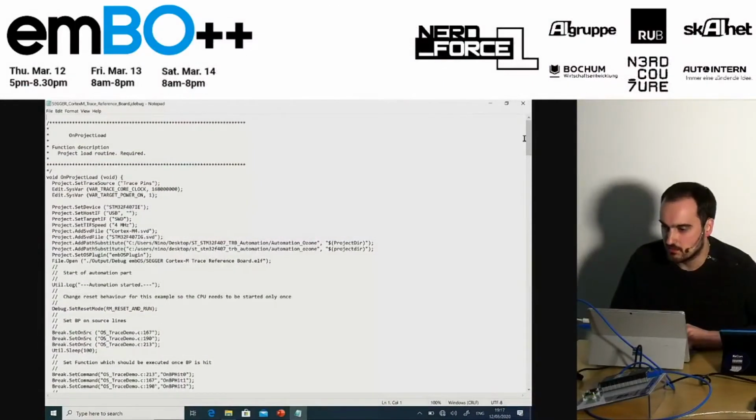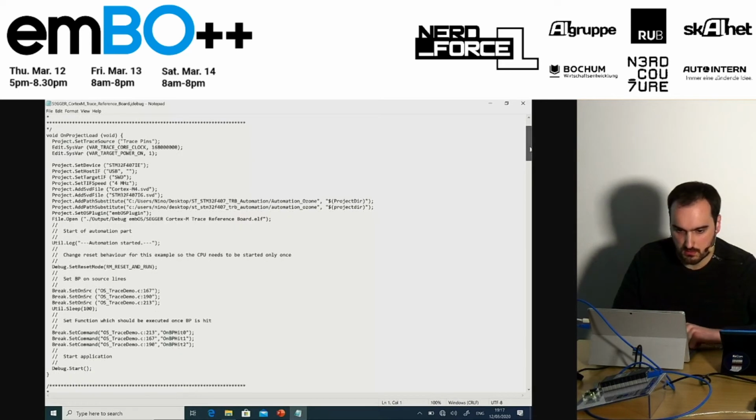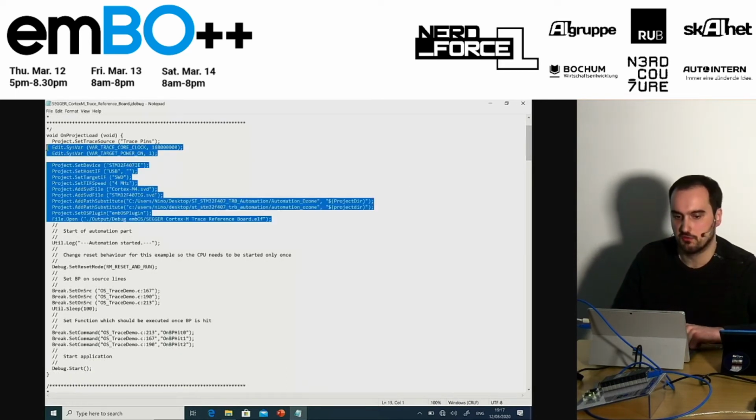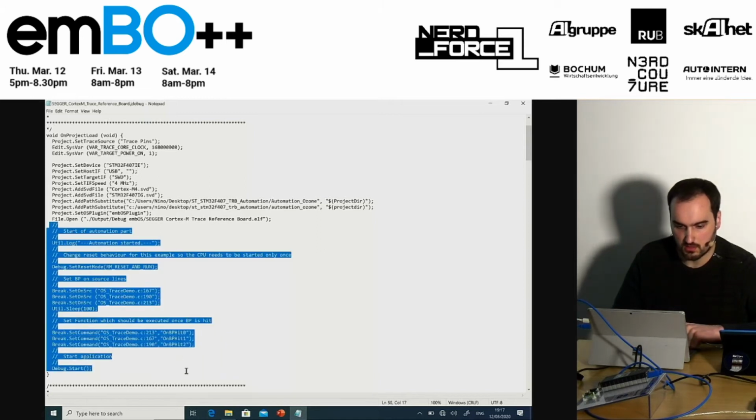It's a C-like API. You see on project load, and this whole part is auto-filled when you create an Ozone project. So this is nothing you have to worry about. This is where you set your device, how fast it is, what interface you're using, and so on. And what you need to type in code is this part essentially,